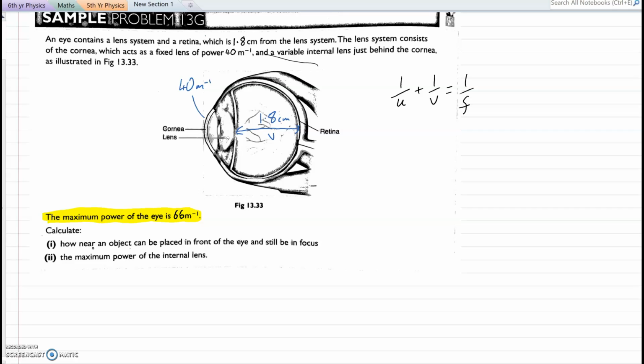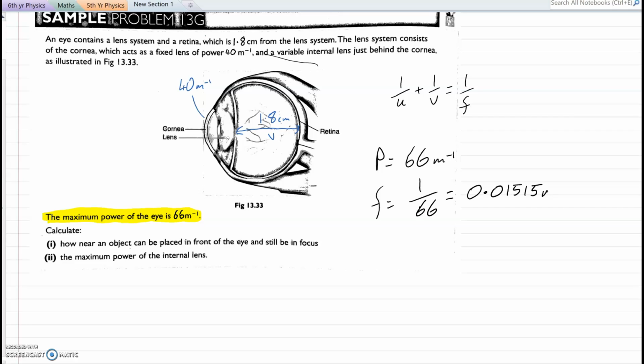So their question is, how near can an object be? Now, the nearer the object, the more powerful you want the lens to be. And they tell you down at the bottom here that the maximum power of the eye is 66 per meter. So that's the first place that you're going to start with. If you know that your power is 66 diopters, then your focal length is 1 over 66, which works out at